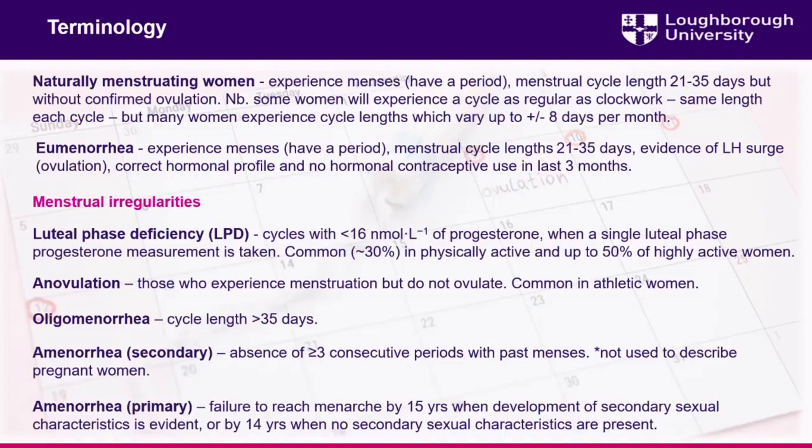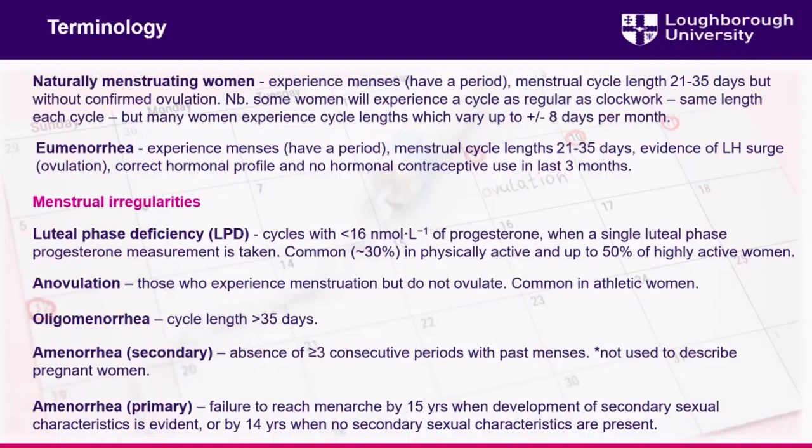What you'll see quite commonly is that these values will be less than this. In physically active women, it's proposed to be around 30%. In highly active women, it can be up to around 50%. So when you're thinking about putting together a study that's looking at, say, elite sportswomen, and you want to test things at a particular phase of the menstrual cycle, just take into consideration that there could be up to 50% of your population that won't be classified as eumenorrheic. So either you need to account for that and go, well, that is the population that I presented, and accept that it is as it is, or you have to over-recruit quite substantially to then target these eumenorrheic women.